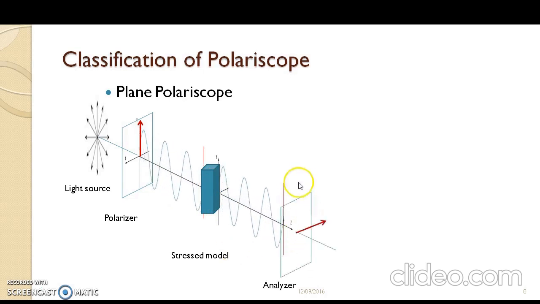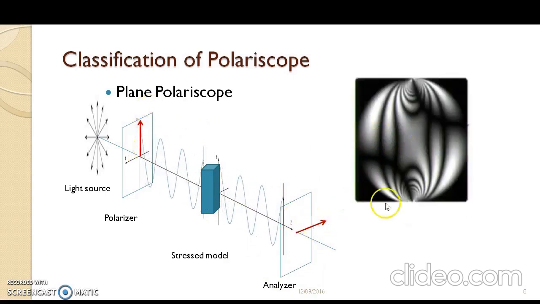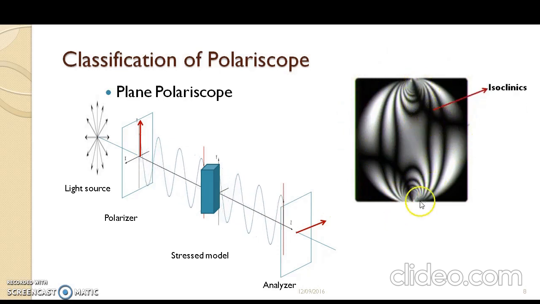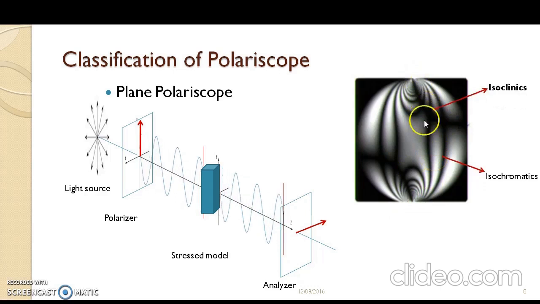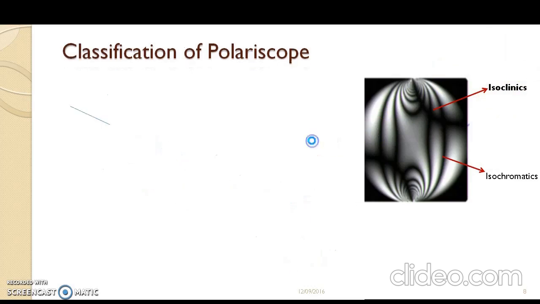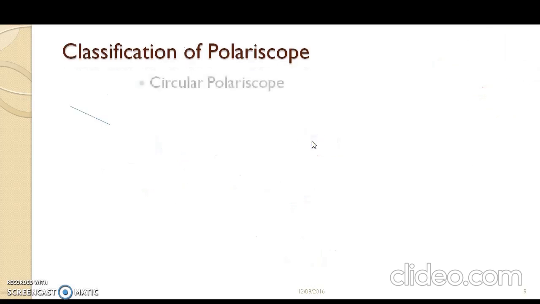Now it enters the analyzer, where the analyzer is kept perpendicular to the polarizer. The light that is parallel to the plane of propagation of the polarizer is cut off, and you can observe the fringes here. These are the fringes that you can observe here, where you have both isoclinics as well as isochromatics. See, these are the isoclinics and these are the isochromatics. You have two pieces of information to understand. Either you can find out the stress distribution using isoclinics or isochromatics. Since isoclinics and isochromatics are overlapping with each other, we need to prevent the isoclinic formation. That is why we go for circular polariscopes. Now let us understand the working principle of a circular polariscope.